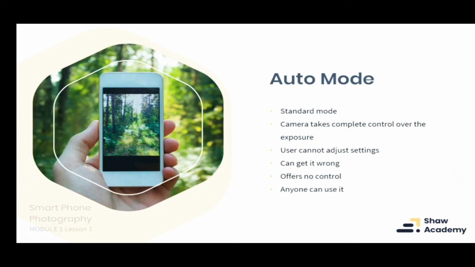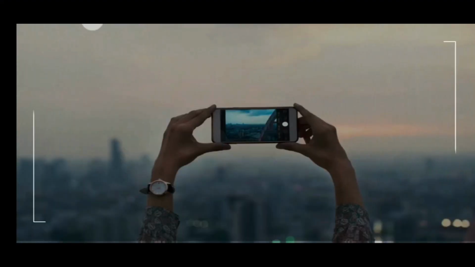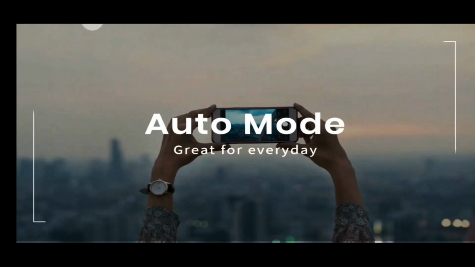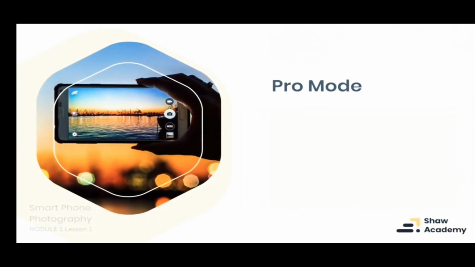But anybody can use it. That's the brilliant thing about it. So if you're learning photography or you're doing it for the first time, you don't want to worry about your settings. Auto mode is great. You can just concentrate on looking and seeing and taking the photograph. So it's just great for everyday use, anything you want to photograph every single day. Auto mode should be, at least give it one shot, take one photograph, your safety shot in essence, using auto mode. So moving on then from that, the next mode we have is our Pro mode,